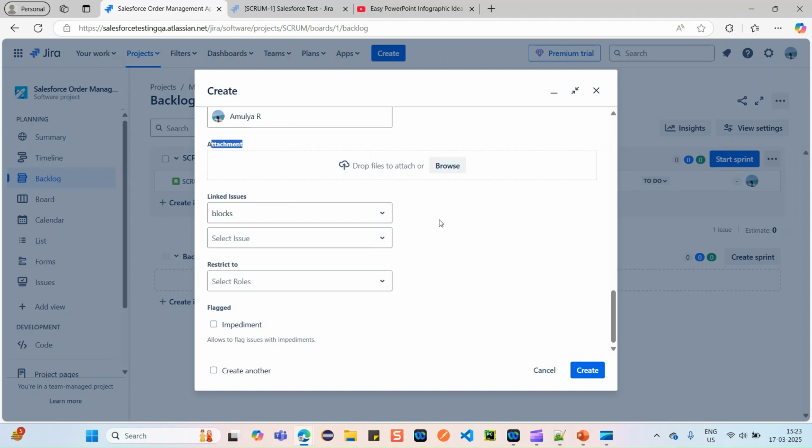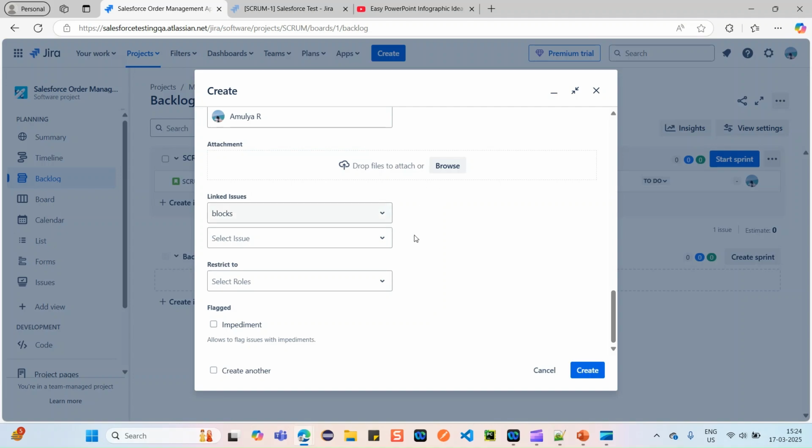Make sure you are adding the correct screenshots or screen prints. If you have any video recording of the defect flow, you can add that as well. If you have any backend logs or the DB updates, you can add those attachments as well over here. The defect proofs are very important. Make sure you're adding those.